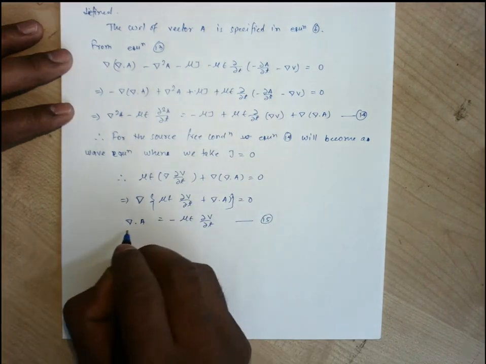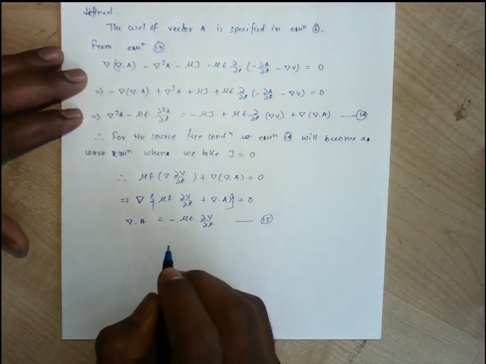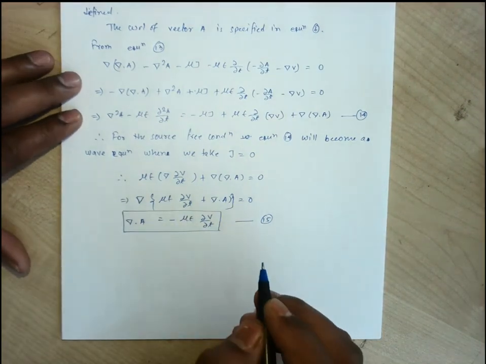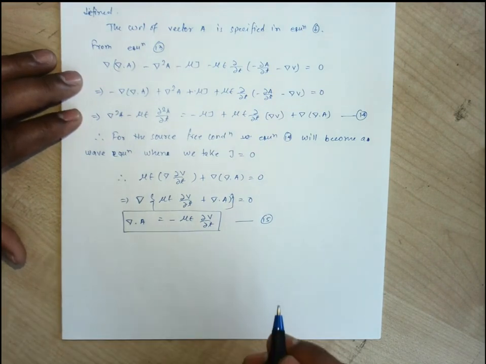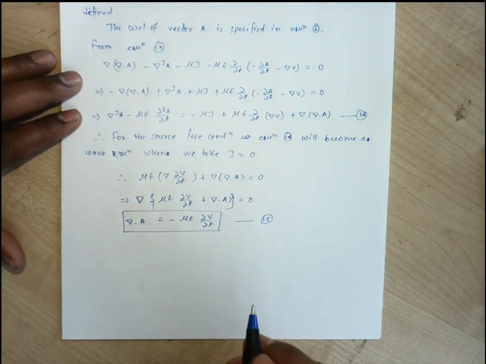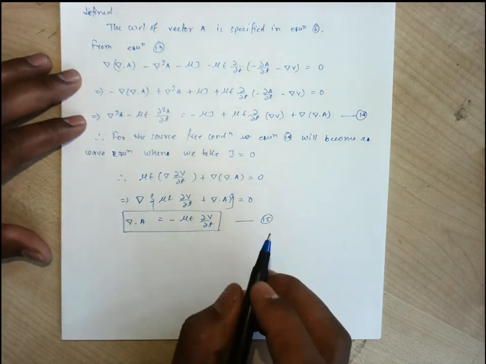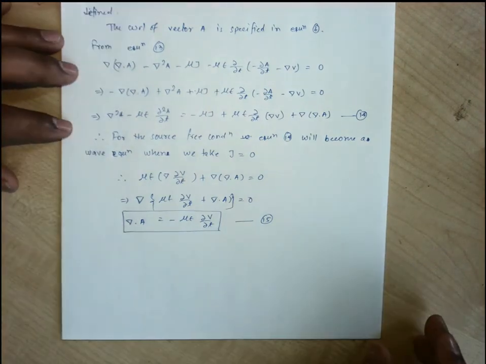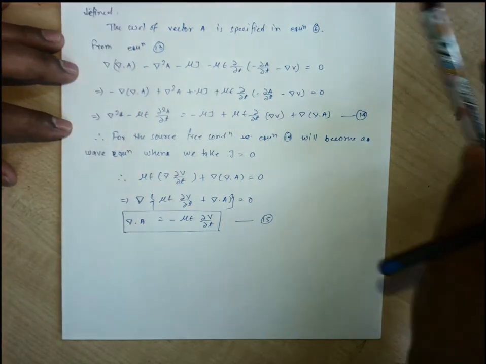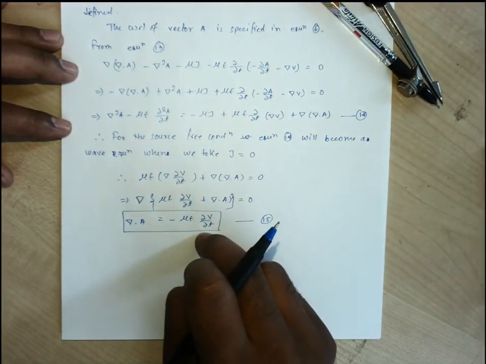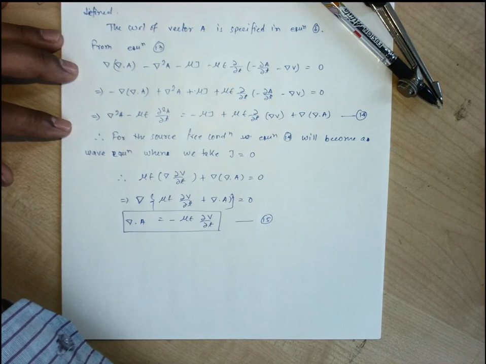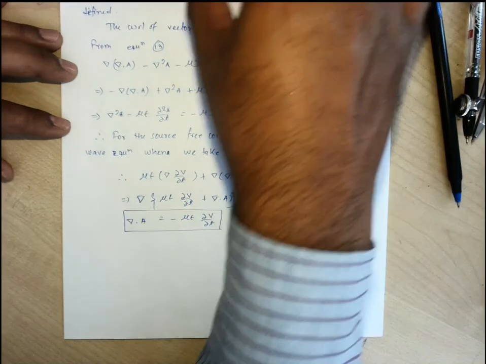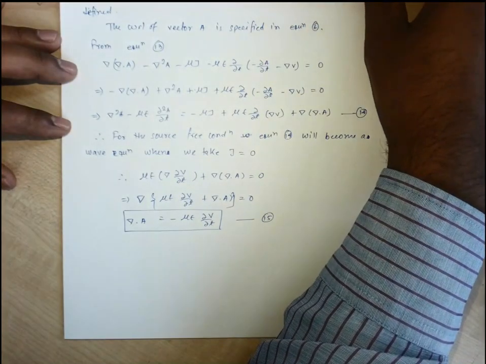Now here we have defined the divergence of the vector potential. This is the equation where we have defined the divergence of vector quantity A. How have we considered this? That has been considered with respect to the Lorentz gauge condition. In the next class we'll explain all those things. So in this equation we have defined the divergence, and in equation 6 we have defined the curl. So our vector quantity A is uniquely specified with respect to both the curl and divergence.